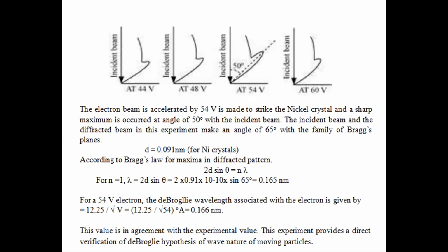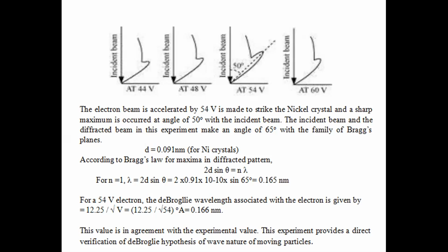nickel crystal, and a sharp maximum occurs at an angle of 50 degrees with the incident beam. The incident beam and the diffracted beam in this experiment make an angle of 65 degrees with the family of Bragg's planes. d equals 0.091 nanometer for the nickel crystal. According to Bragg's law for maxima in the diffracted pattern, n lambda is equal to 2d sin theta, right? Here, taking the first order plane, n equals 1, lambda equals 2d sin theta, and here theta